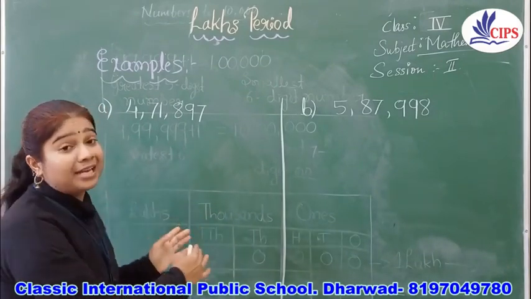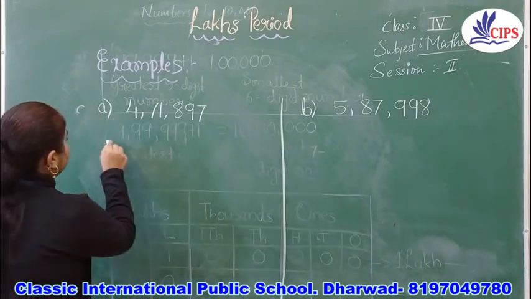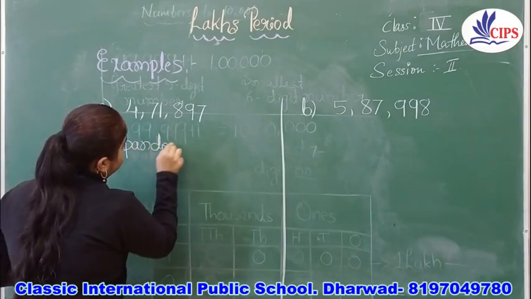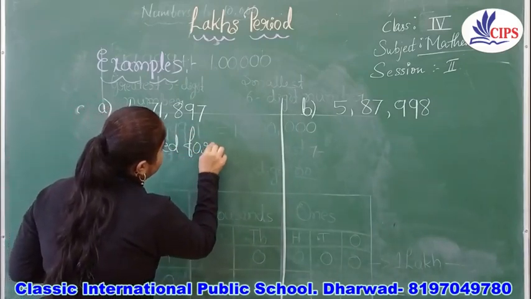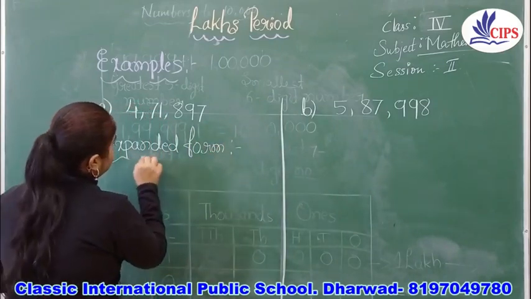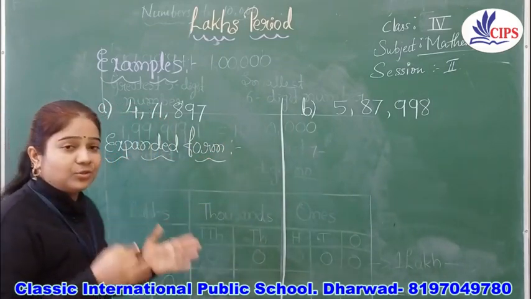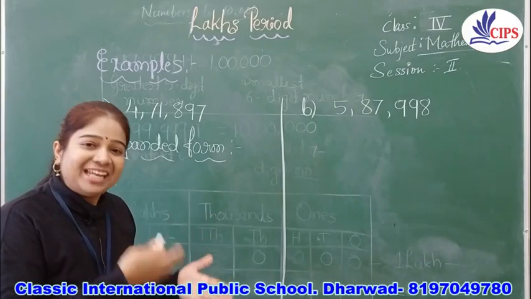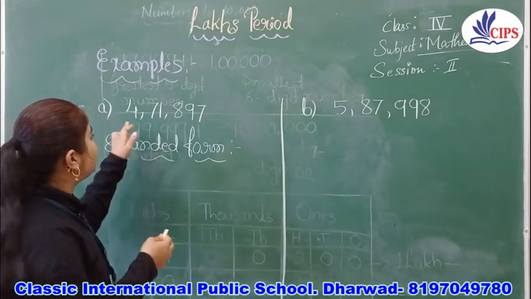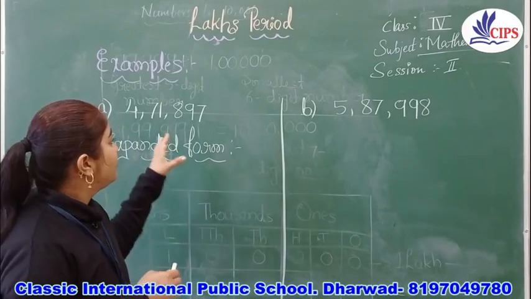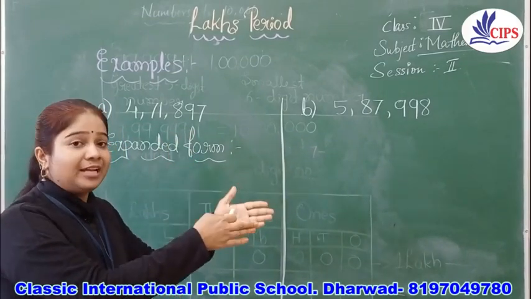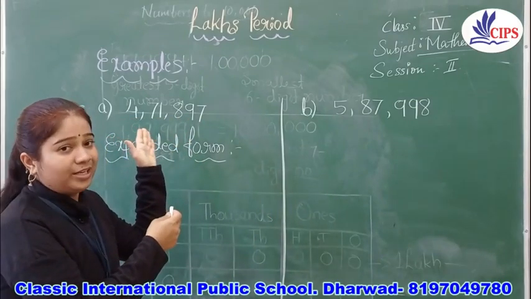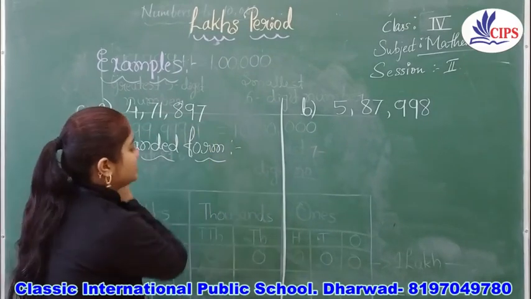Now we'll write the expanded form of this. As you know, we always go to the extreme right side of this number, so it is very easy to write. Even if you start from the other side, no problem, but we always prefer to start from the extreme right and afterwards move to the left side. You know it. We'll start from the ones place, right?